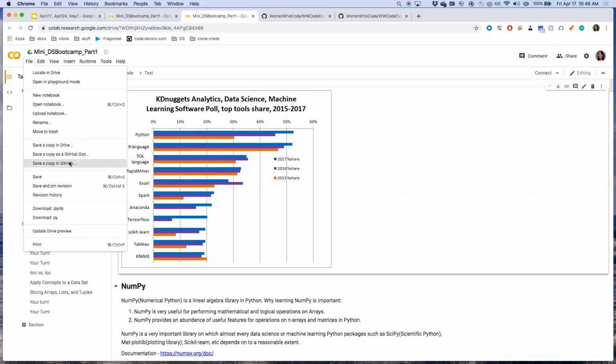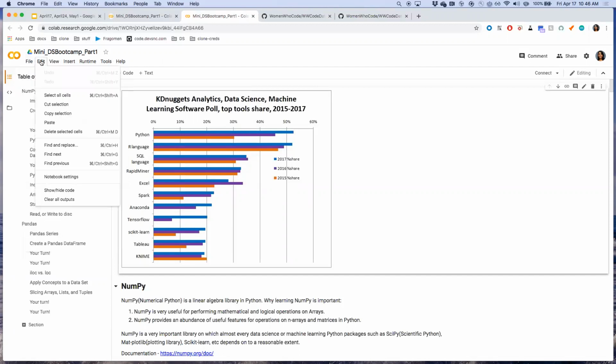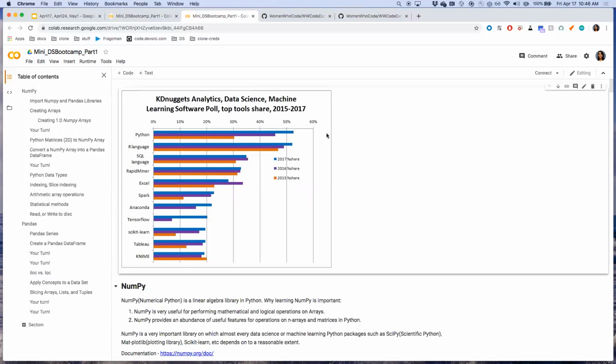One thing you can do is save it to GitHub. Also, if you like, you can maintain your own GitHub. That is also an option. Or you can download it and run it locally too. That is also an option for you. Once you do this, this should get your Google Colab and Drive connected.